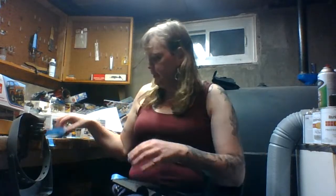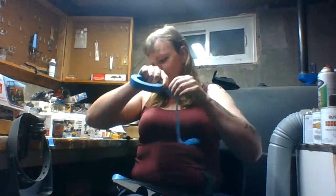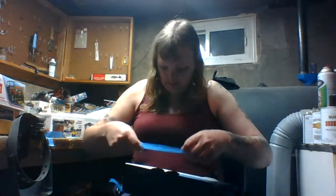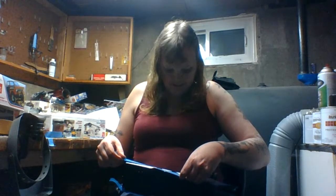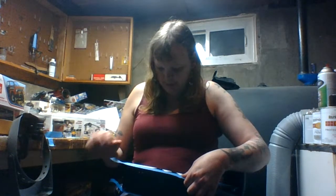Now I need to grab a little bit more of a painter's helper. Painter's helper tape. So it gives me an idea to where I'm going. So now I'm going to line this up very carefully. This one I'm not going to worry about too much because I already know exactly where the paint line is going to be. It's an old trick I've learned